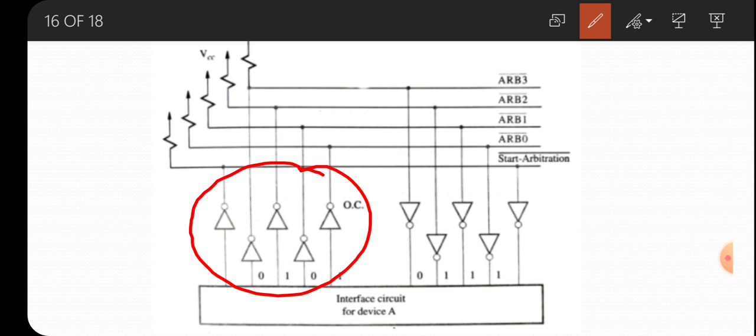Similarly, device B will have its corresponding binary bits connected to this same arbitration line ARB0 to ARB3. That means its ID number is 6, so its binary is 0110. This 0110 will be connected to arbitration lines 0 to 3.